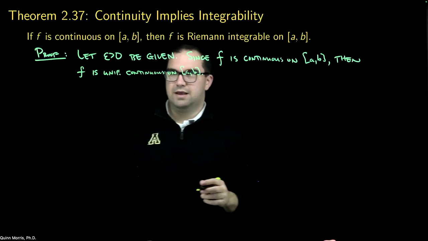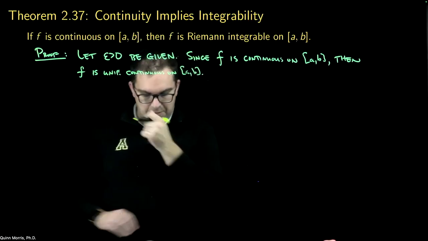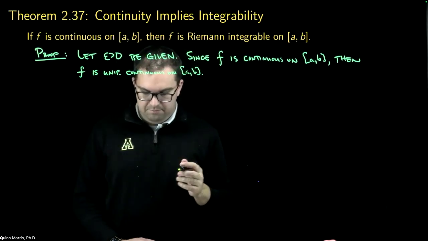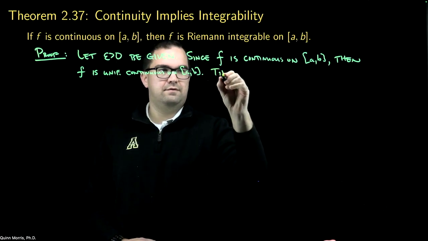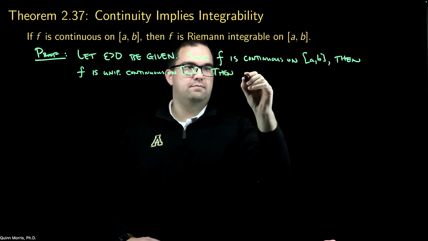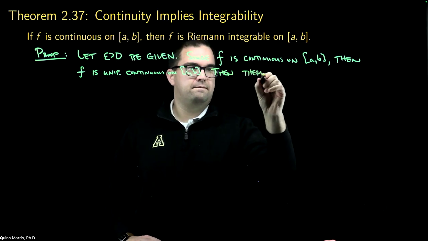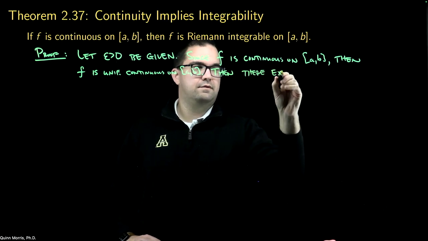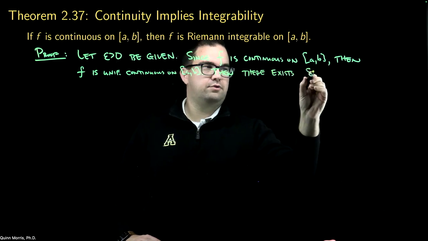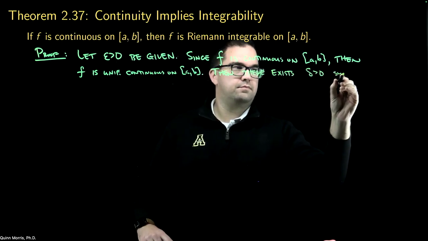Now, what does that mean? How am I going to use uniform continuity? Well, uniform continuity means that I can pick a delta. Already got an epsilon. So there exists a delta greater than 0